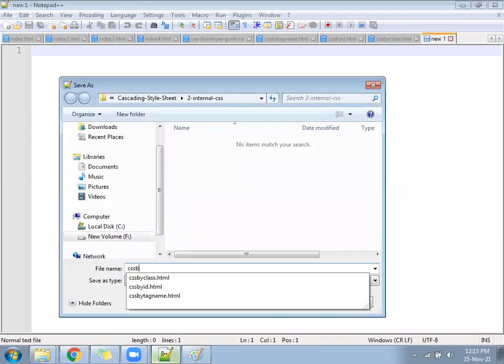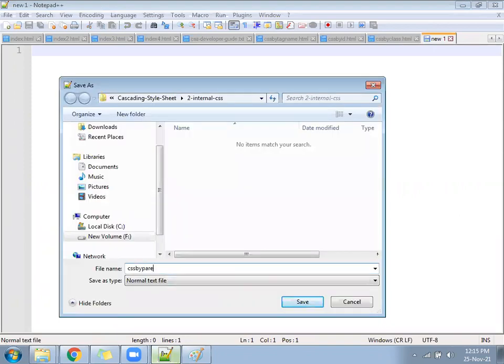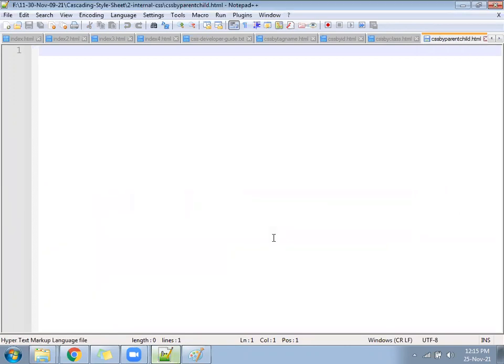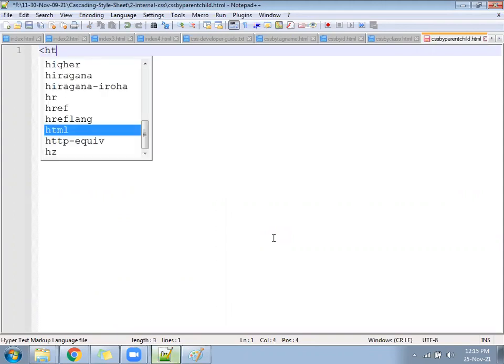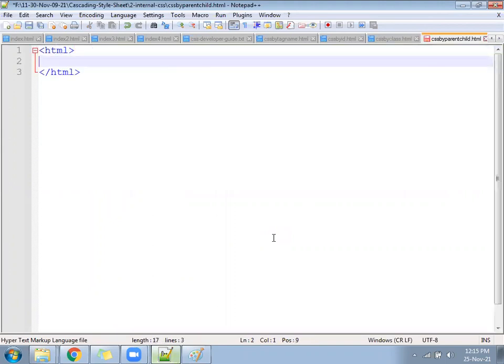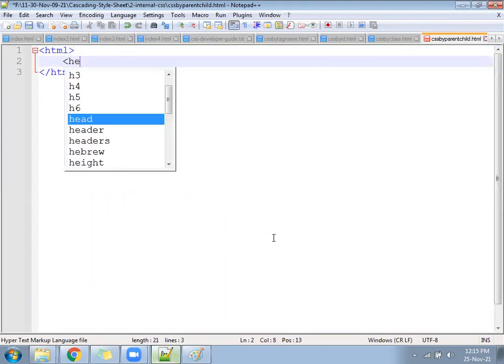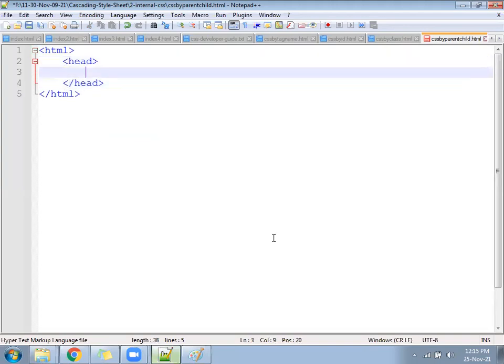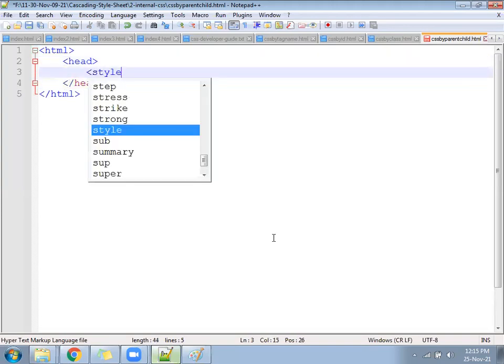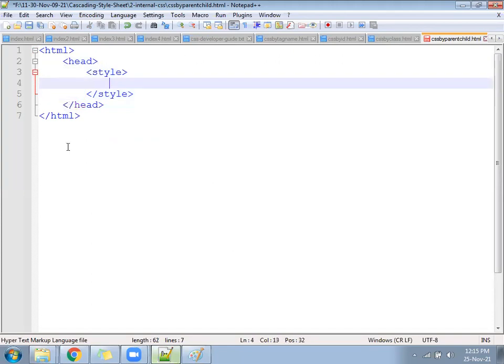CSS by parent child dot html. HTML open close. Head also open close. Style also open close. Come down.